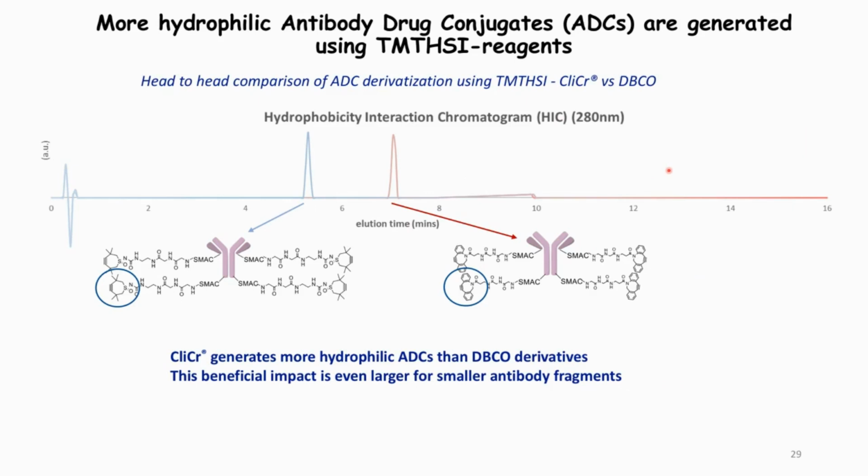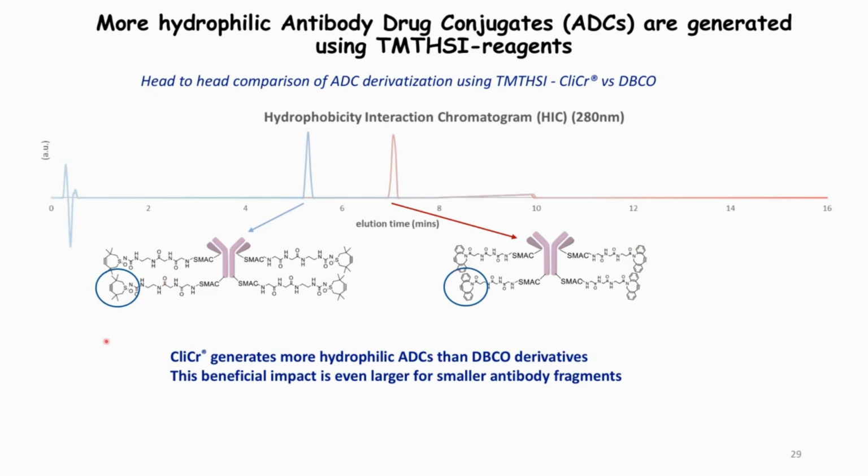Now, this is another very attractive application. I just devote one slide to it, but it says it all. If you have an antibody, and if you want to make antibody drug conjugates, you want to be sure that, of course, your click linker is going to react. If you have these relatively hydrophobic click reagents, they do not react that easily. You have to use co-solvents. Perhaps they give rise to aggregation ultimately. So it's very important to have a click linker which is, to a certain extent, water soluble.